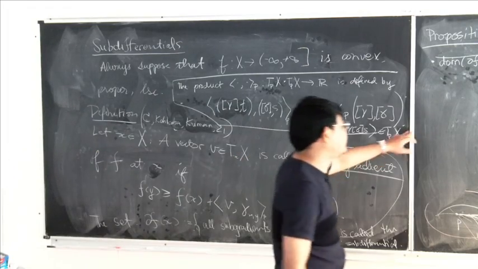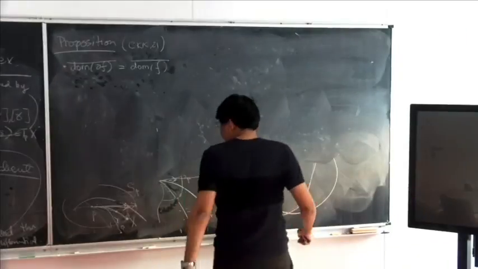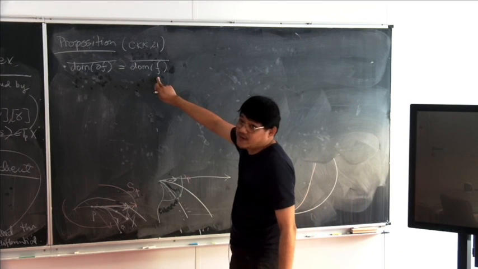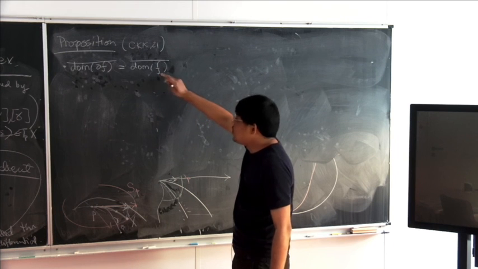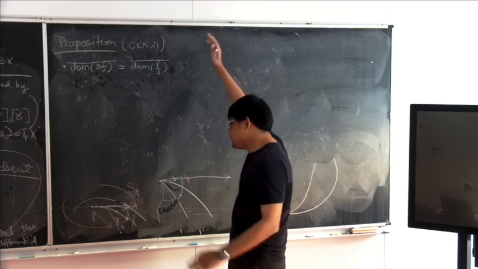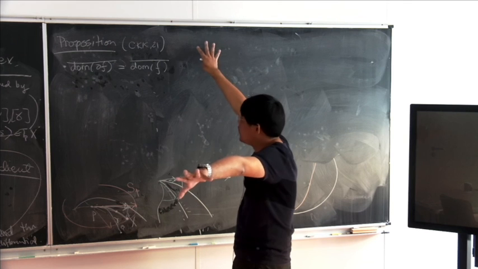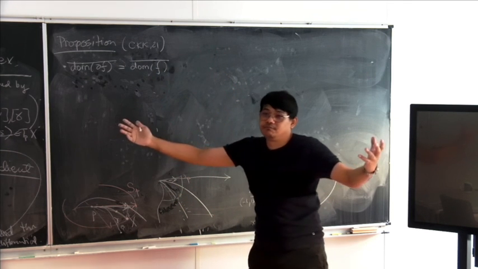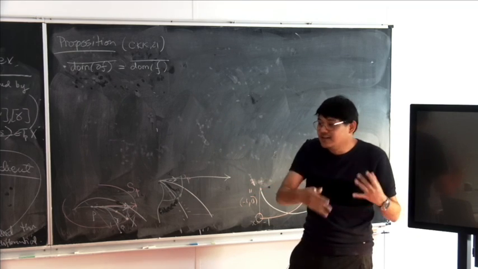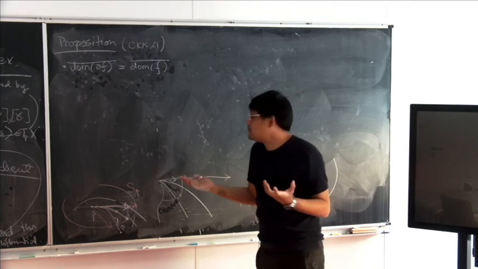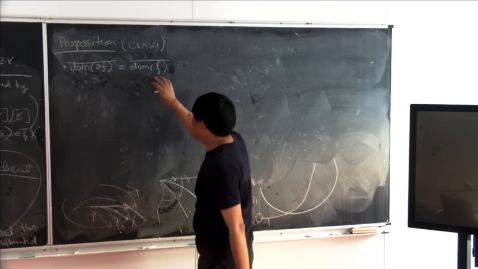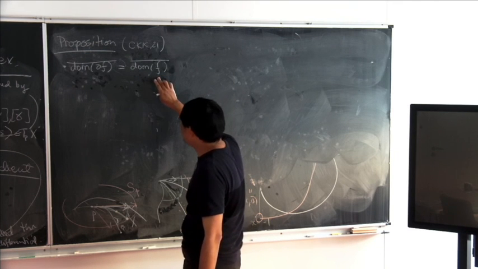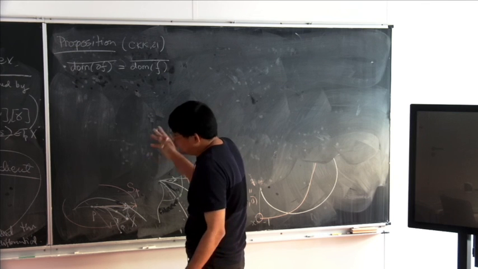So here comes the first result. The domain of f here means the points where f takes finite value. When f takes infinite value, those points we just throw away. They are of no use to consider, the value plus infinity. We don't take care of them. So the domain of f means the set containing the points where f takes finite value, so those are the meaningful places